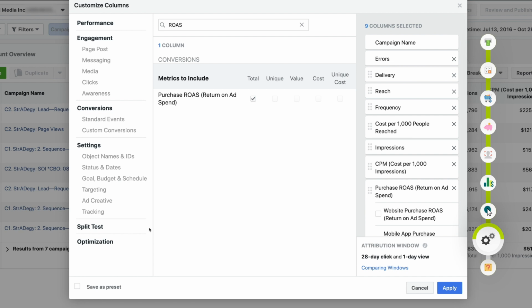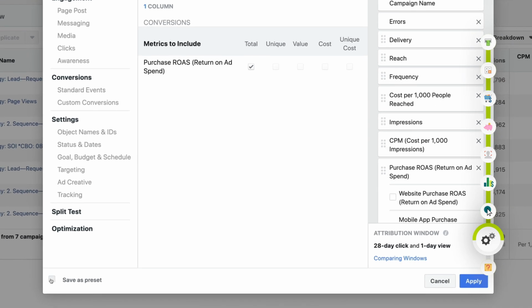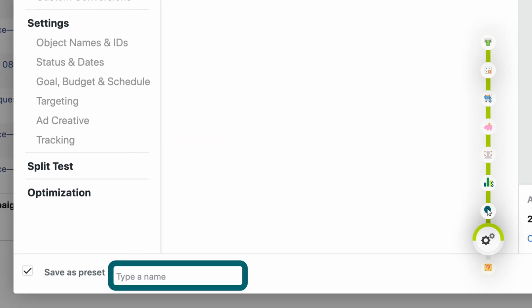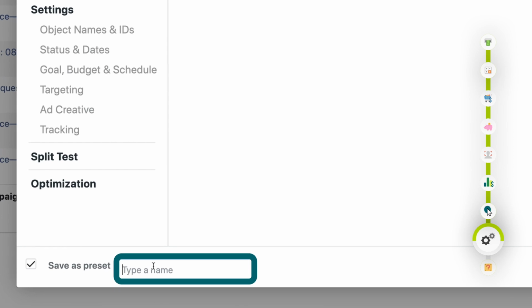Now, if you would like to see these metrics presented on your ads dashboard, at the end, you can click Save as Preset and just type a name in here. However, let me save you some time where you can check out the 3 reports that I recommend to measure all of your Facebook ad results, and you can find that video linked in the description below.